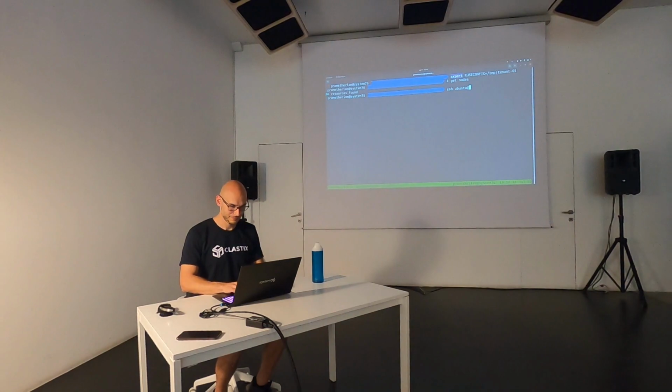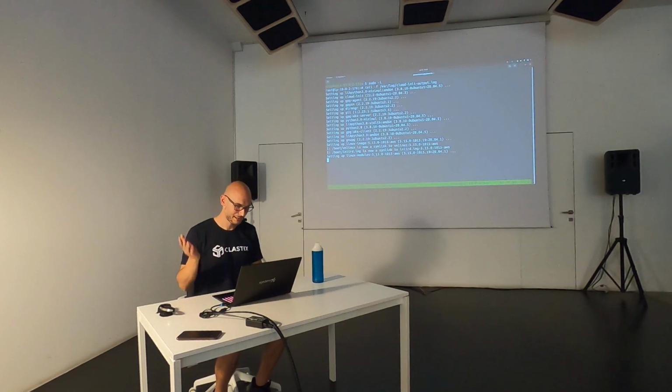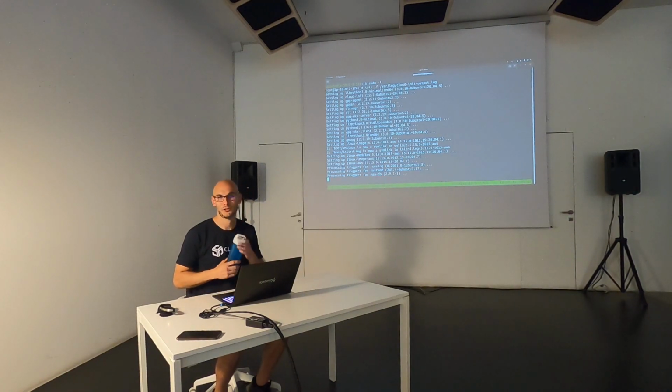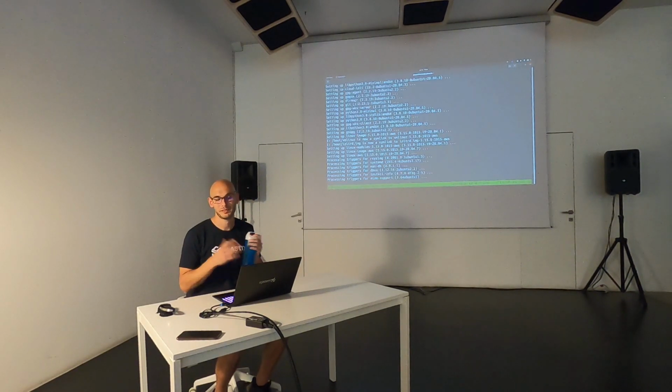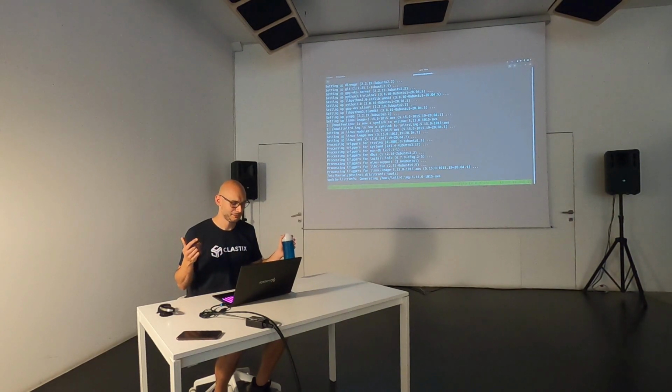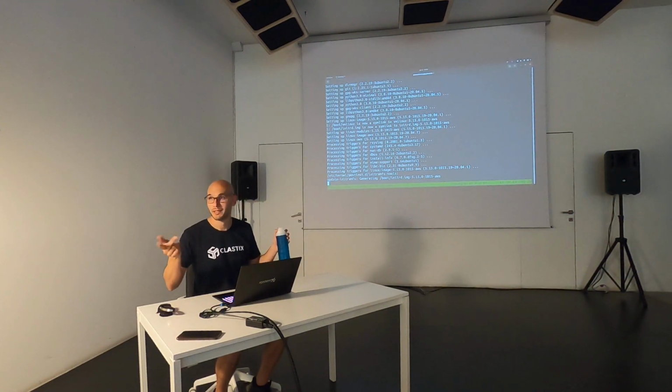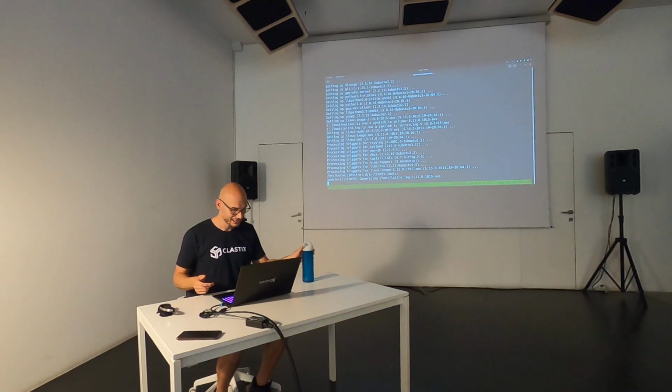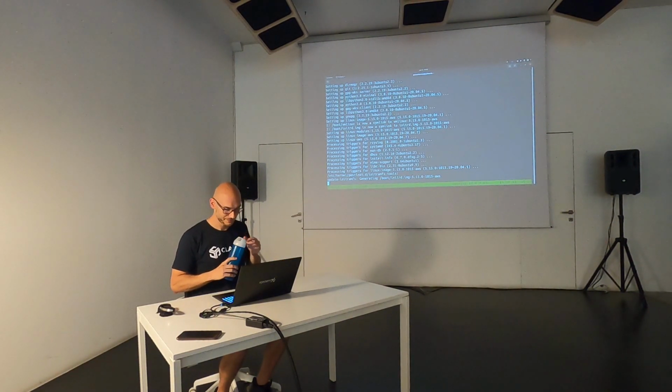So, no security groups, SSH directly. And I'm showing you what I'm doing here. So var log cloud-init-output.log. It's updating a lot of stuff and it's installing all the required components like kubectl, kubeadm, and kubelet, yeah, also kubelet. We have to wait a few minutes.